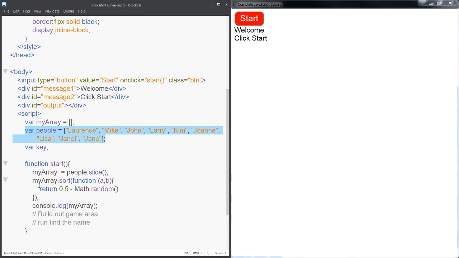Create an array, and then copy that array into another array. And then you'll notice that once you sort it, if you do it this way, so first try it without the slice, and you're going to find that you're actually sorting people as well when you do the sort function. So this one you'll probably have to copy out this statement here, as it's a real short format for shuffling